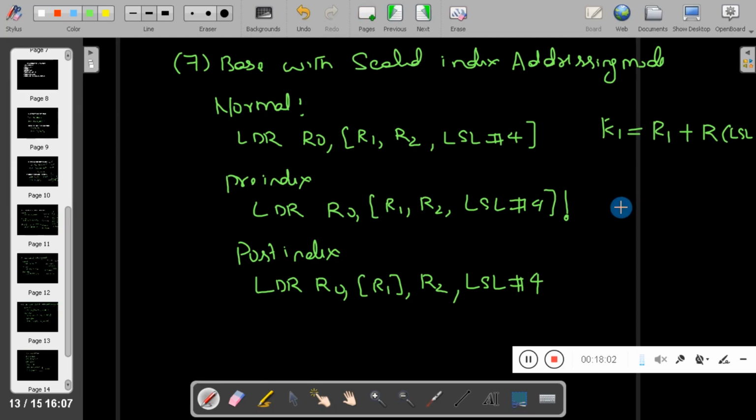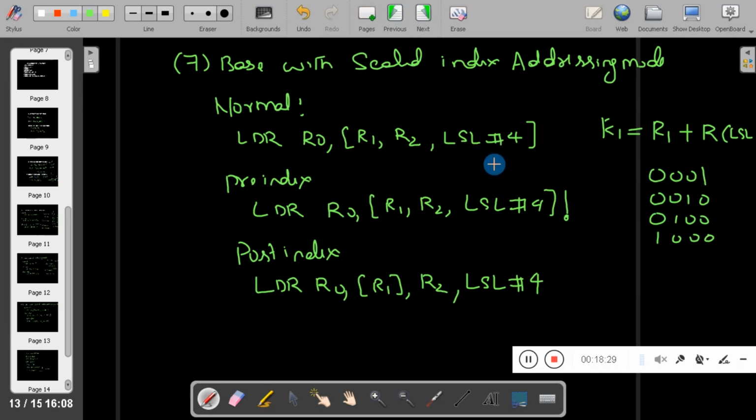You know what is the use of left shifting? Left shifting is used in indexing mode. Suppose you take 0001 and left shift it, it becomes 0010, and the value gets increased. This is 2, 0100 becomes 4, 1000 becomes 8. So left shifting means upgrading, and right shifting means downgrading. So here you are going to use left shift.